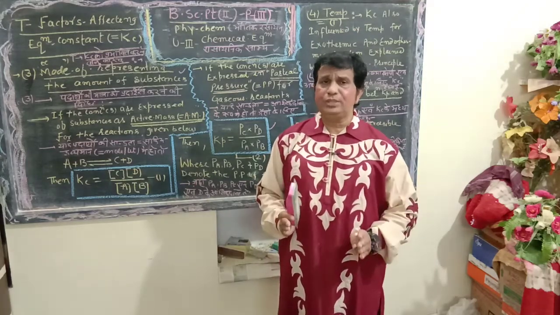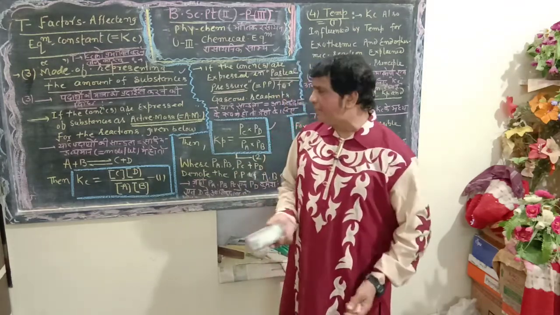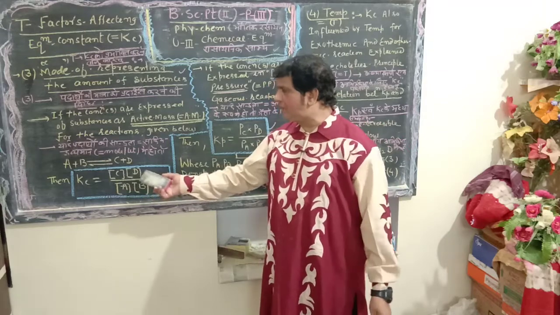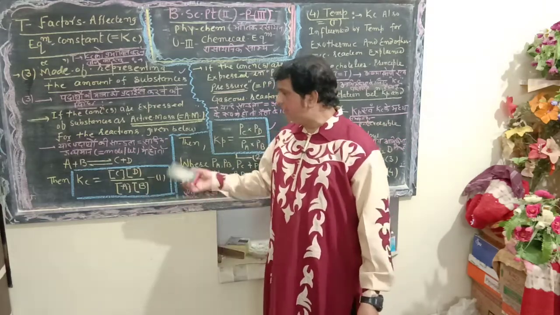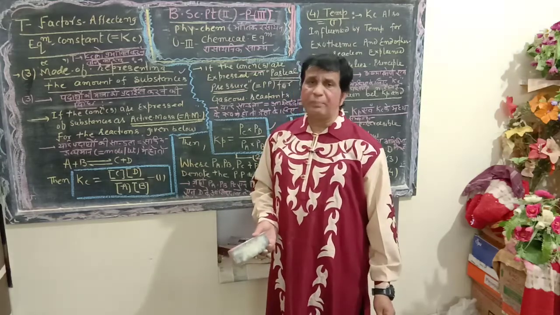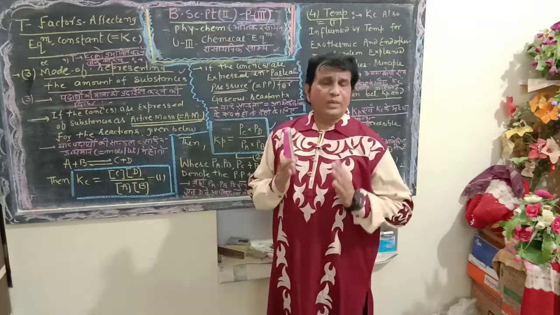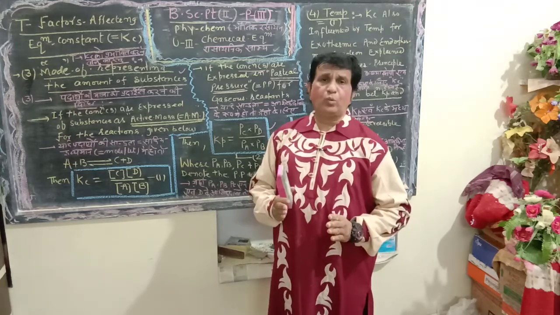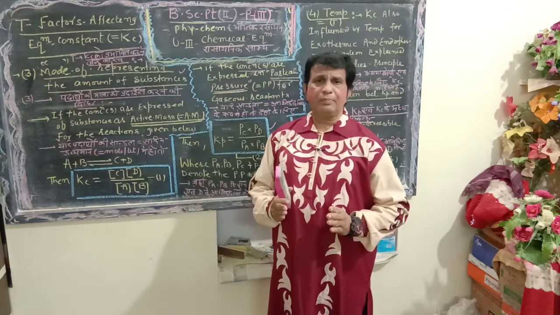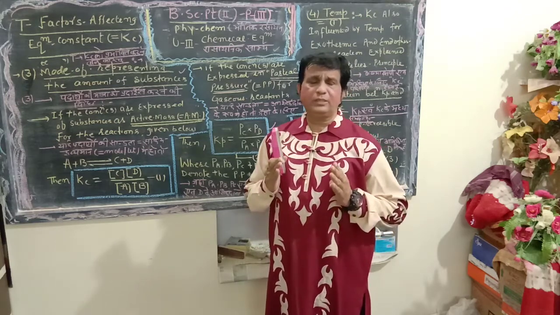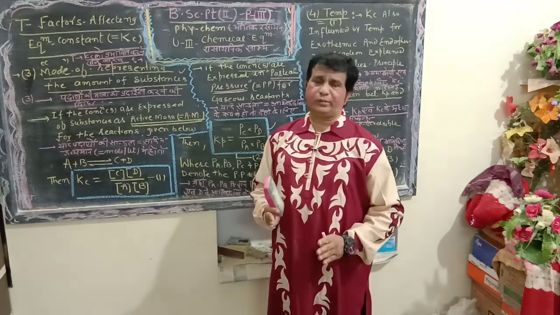In such a position, one can calculate the value of Kc. One can write the active mass of C into the active mass of D upon the active mass of A into the active mass of B. Say that is equation number 1. Try to understand once again: Kc is also influenced by the amount of substance and the nature of substance. In other words, Kc is also affected by the phase state.